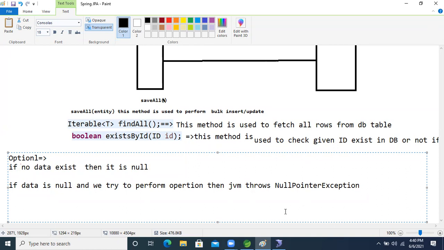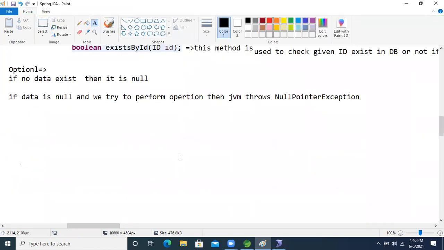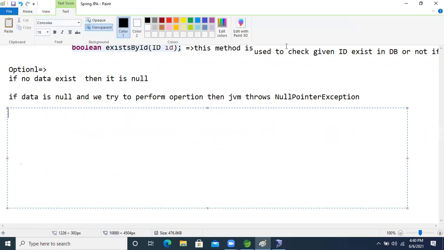Now, to avoid the null pointer exception, how are we writing the logic, guys? Using standard code, we are checking the condition every time.